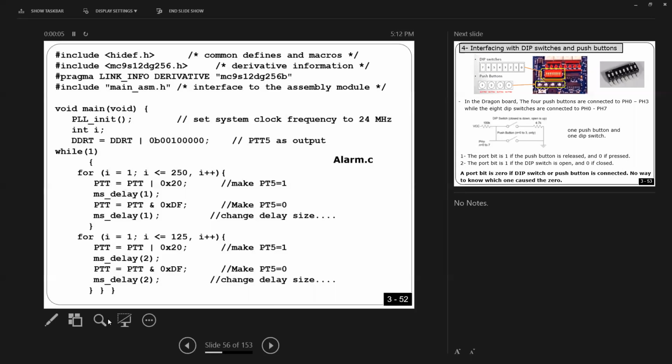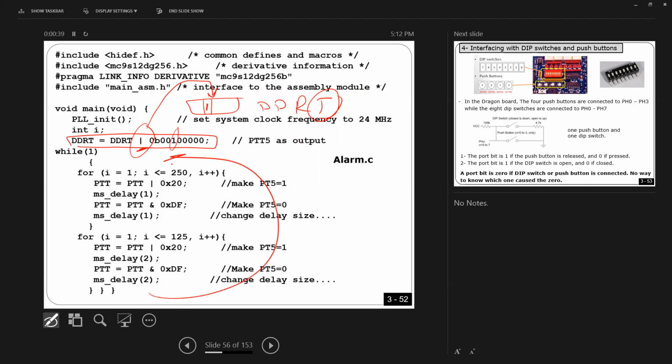Okay. So the first thing here. This is the C language program. Number one, you have to configure BT5 as output, right? You have to do that by outputting one. You have to put one in DDR, port T, right? So in bit number 5, you have to put one. And as I explained to you before, in order to put one, you have to use the OR operation. That's what I did, okay? So one time is enough. Most of the time, your program is here. All the time it's here. Okay, so now